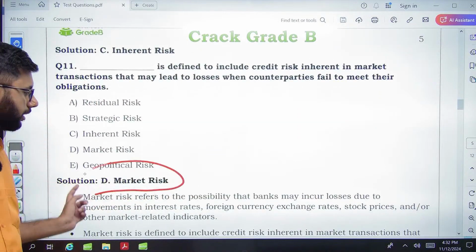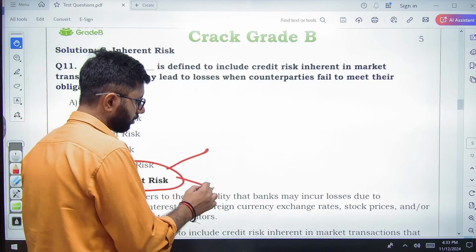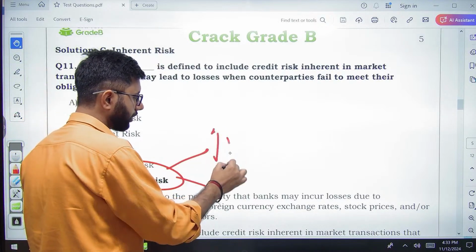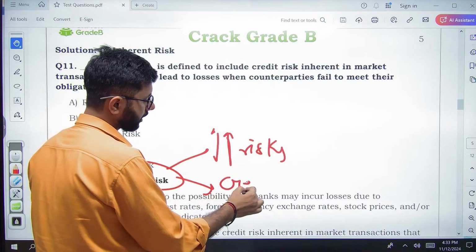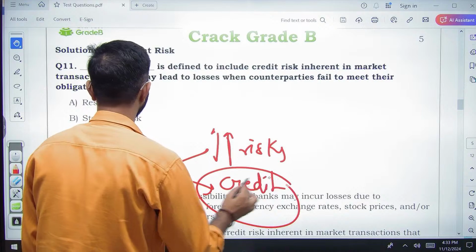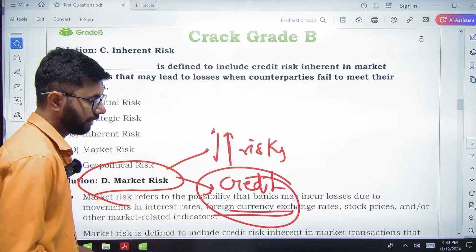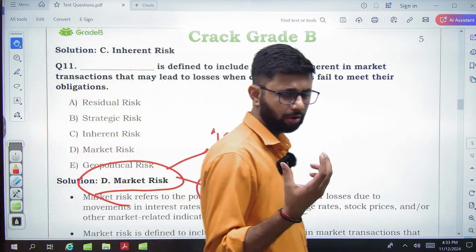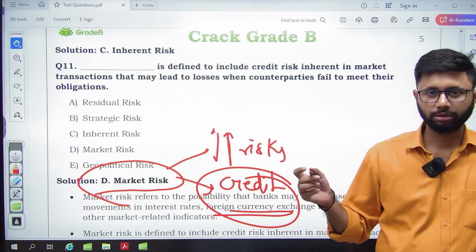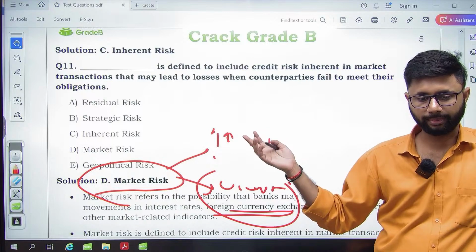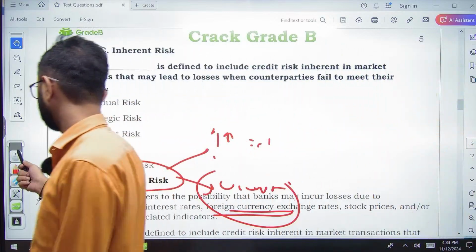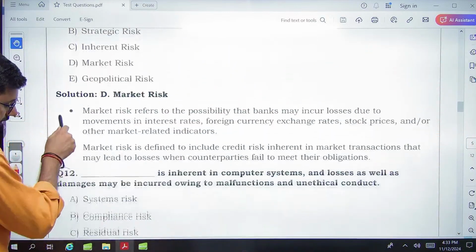Okay, so market risk not only include your price fluctuation risks, but also includes credit risk inherent in market transactions. For example, कोई bond है, bond holder ने नहीं दिए पैसे, तो वो भी risk है. Price ऊपर नीचे हो रहा है तो वो भी risk है. So all those things are there. चलिए, next is